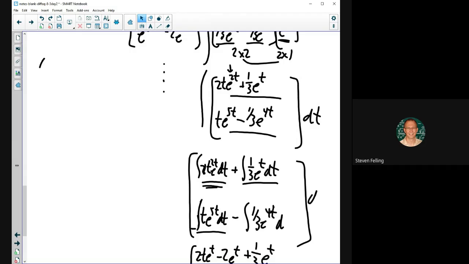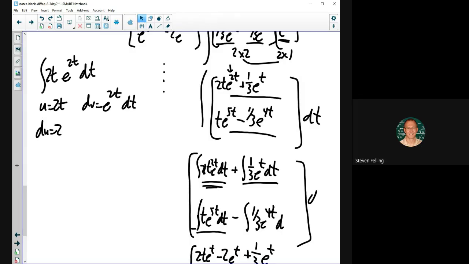And that means that integration by parts is, let me do that again, to e to the 2t. So where's that 2 going? All right, so now let's do this. u equals 2t, dv equals e to the 2t dt. du equals 2 dt. V is e to the 2t, but divided by 2. Right? Okay, so then uv, the 2's cancel, and we just get t e to the 2t minus integral of